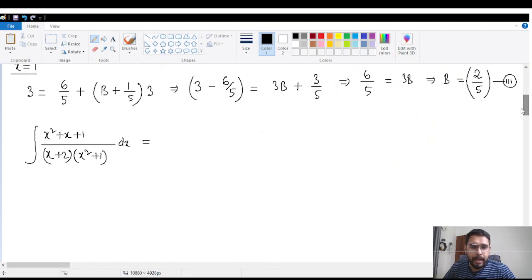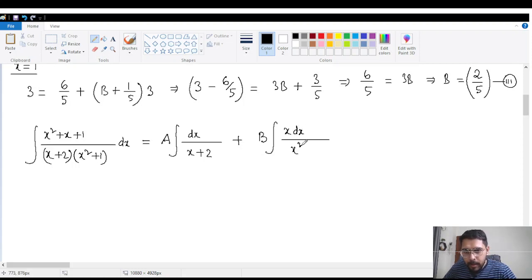So it will be a integration dx over x plus 2 plus b integration x dx over x square plus 1